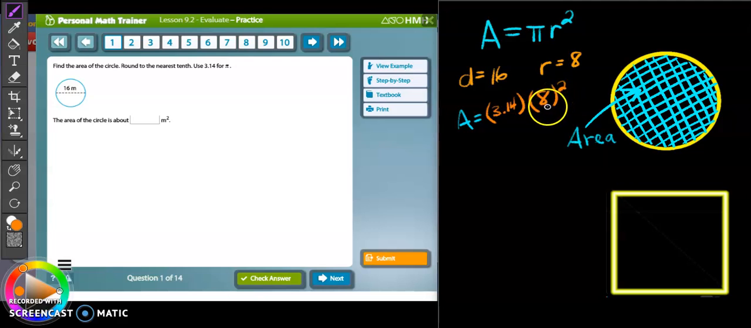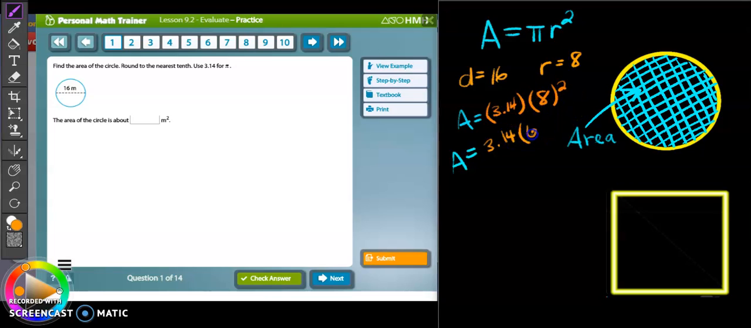Remember, squaring a number is not multiplying it times 2. You're multiplying it by itself. So we have to do 8 times 8. It's a common mistake most people make to multiply by 2, but you're not multiplying by 2. You're multiplying by the same number. So we're going to say 3.14